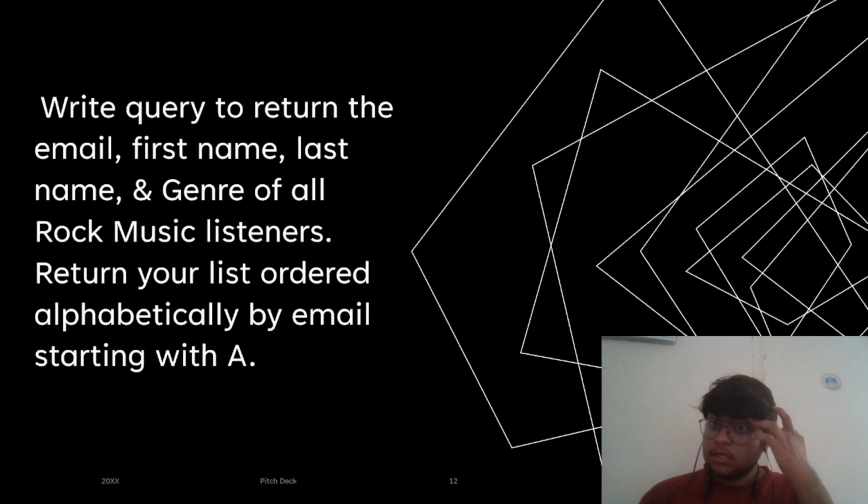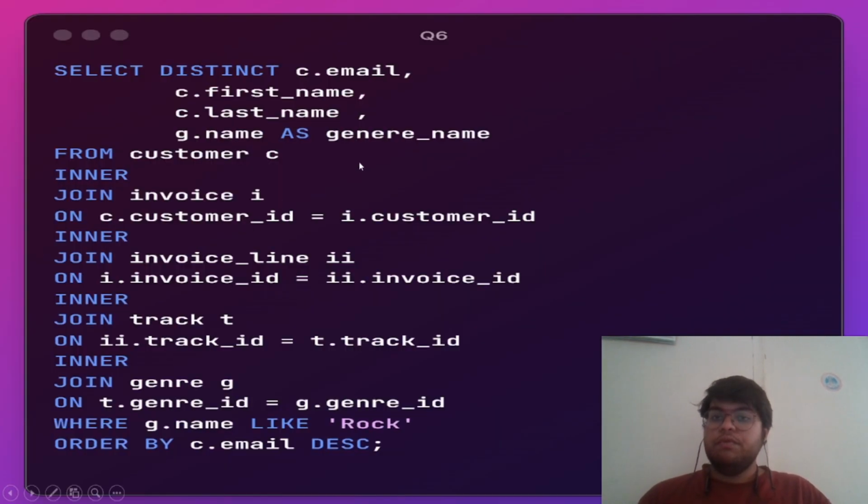So the next question is: write a query to return the email, first name, last name, and genre of all rock music listeners. And we want them in the order of the emails. So we would be getting email, first name, last name from the customer table, and the genre name, that is rock, from the genre table,